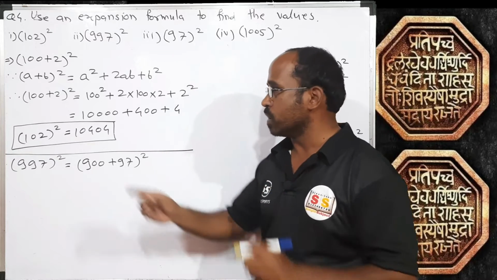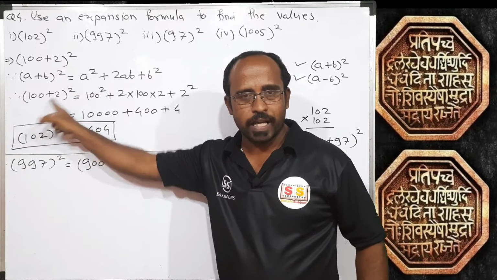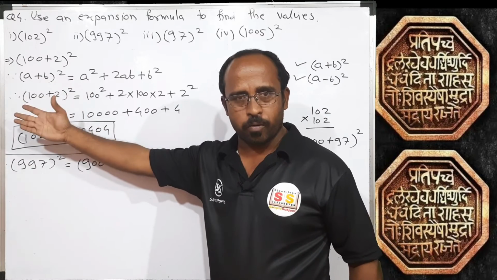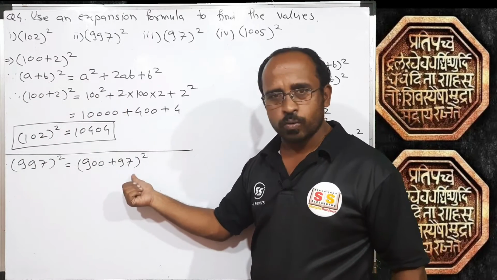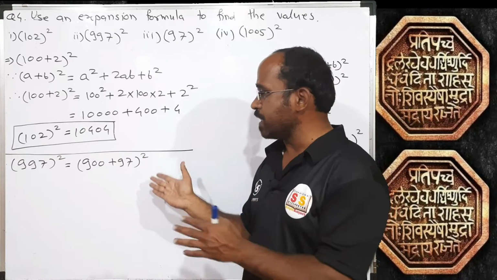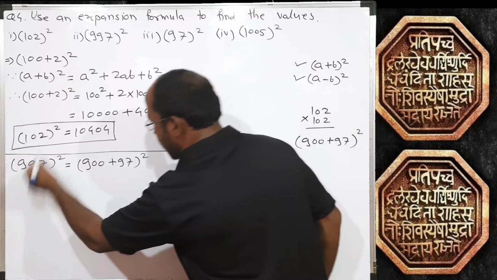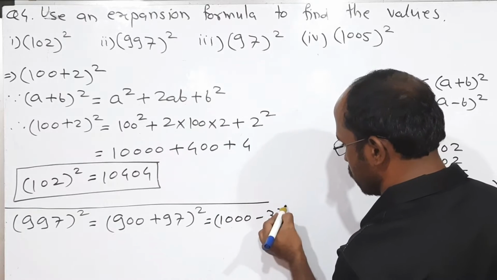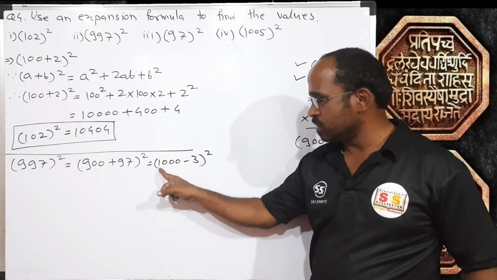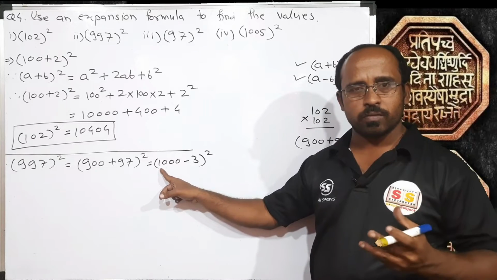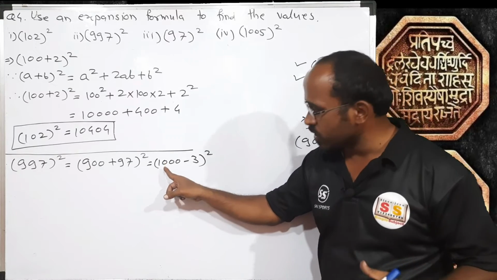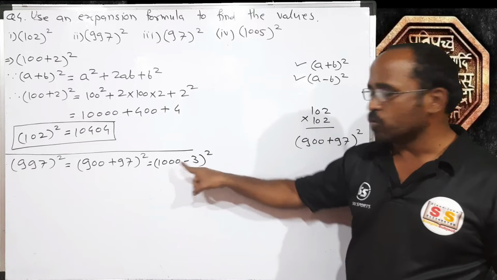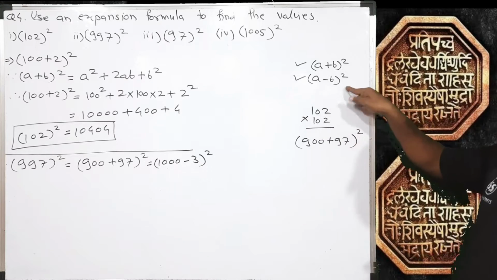And when simplification is possible, if the numbers are smaller and ending with 0, is it possible in that kind of format? If it is not possible to write in the addition format, we can write it in the format of subtraction. This 997 can be written as (1000 minus 3) square. Now squaring 1000 means just squaring the 1. Multiplying by 1000 is like multiplying by 1. Right? So this is easier. So instead of writing 900 plus 97 square, we can write it as (1000 minus 3) square and use the formula of (a minus b) square.